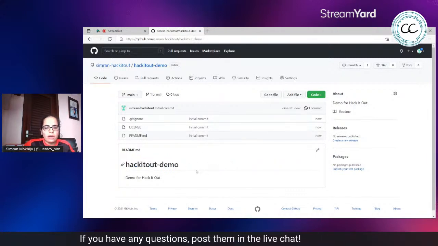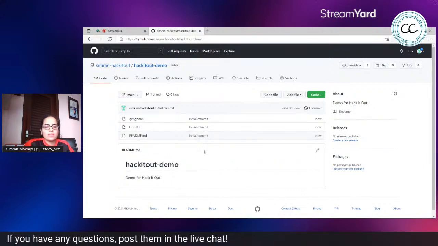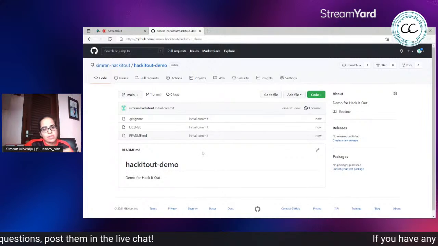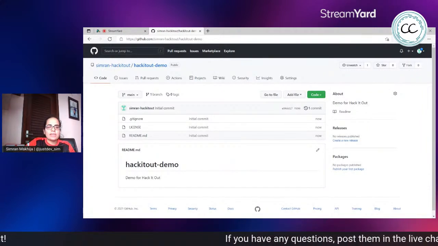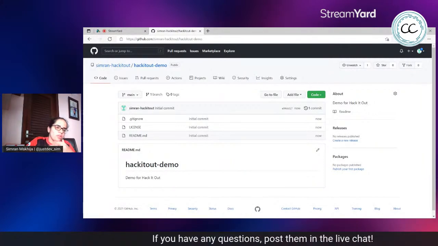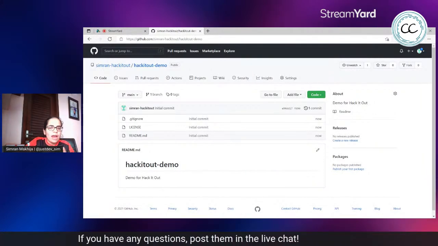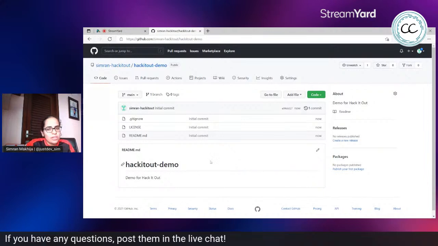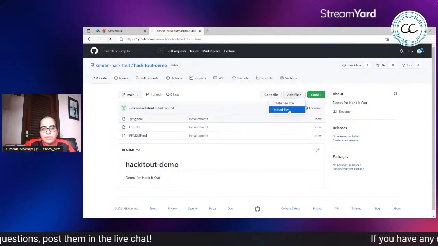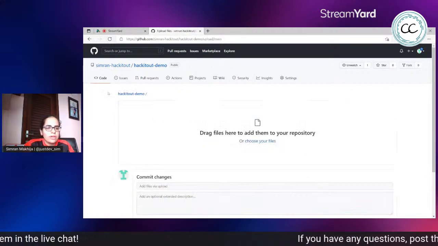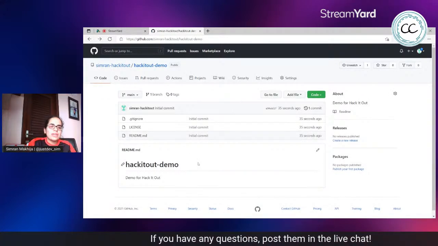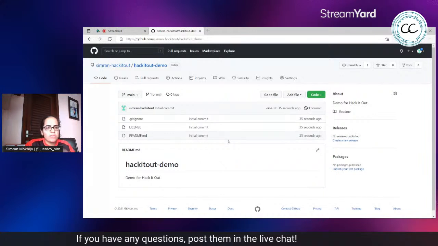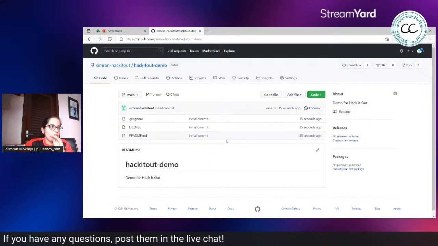Now we're going to see how we can sync this with some files on our system. This is a public repository that we have, and it is up there on the internet for the public. But I can't really add files from my system here. I can upload a file from here, I can probably drag and drop or choose. But what I want to be able to do is track changes within the file system of my project, which I have on my system.